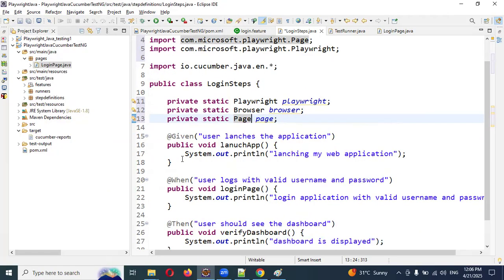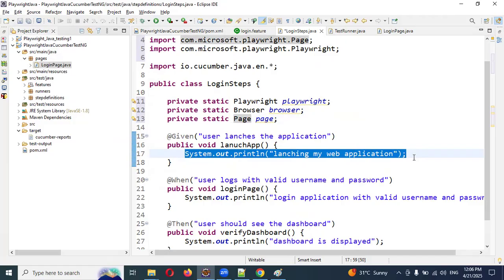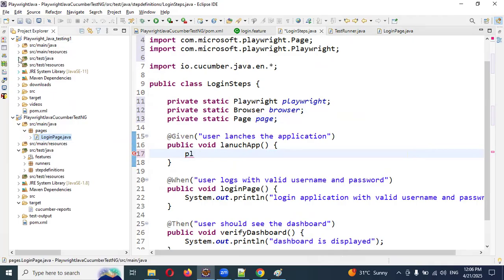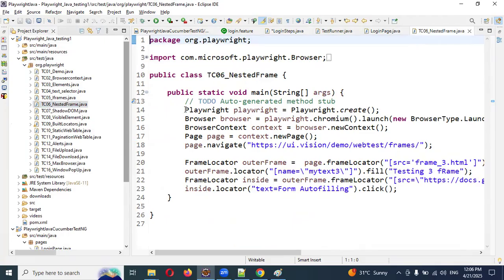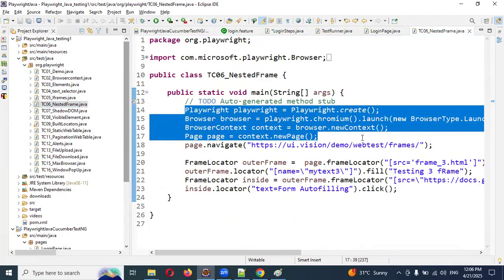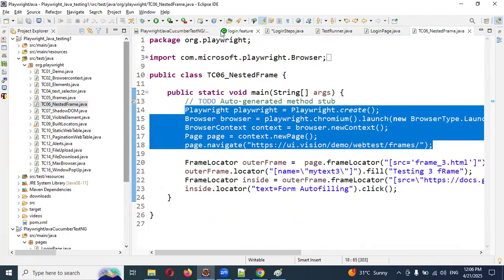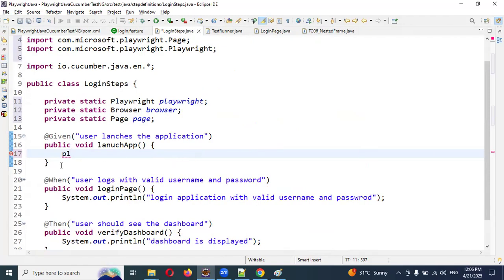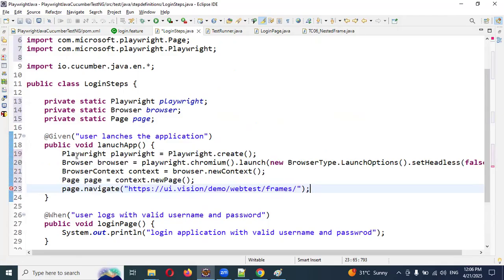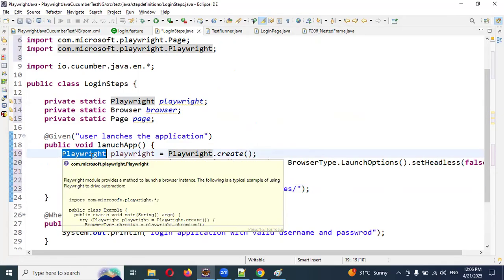Okay, now here from this particular location we need to use the launch code, which we have already in the previous sessions we can do, right? Simple concept, this particular page code we can take it and we can provide it, and here we can remove this